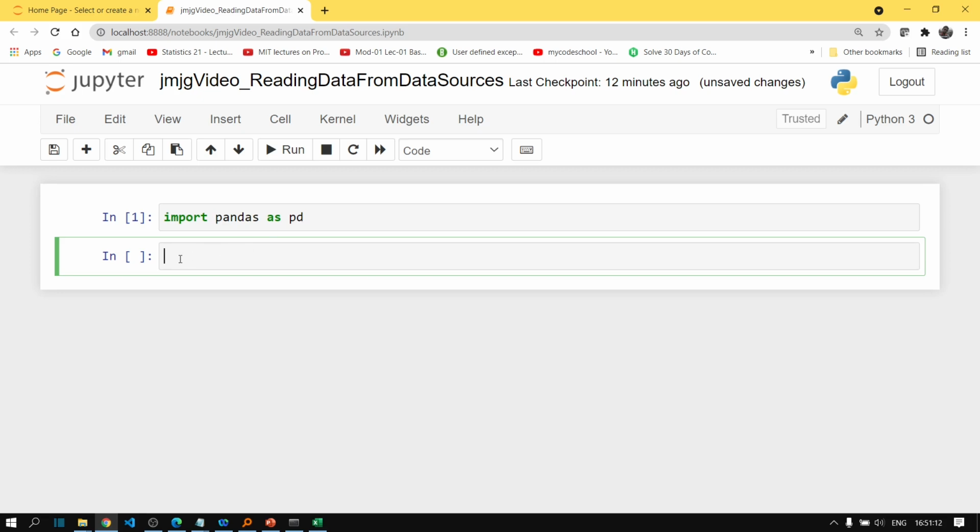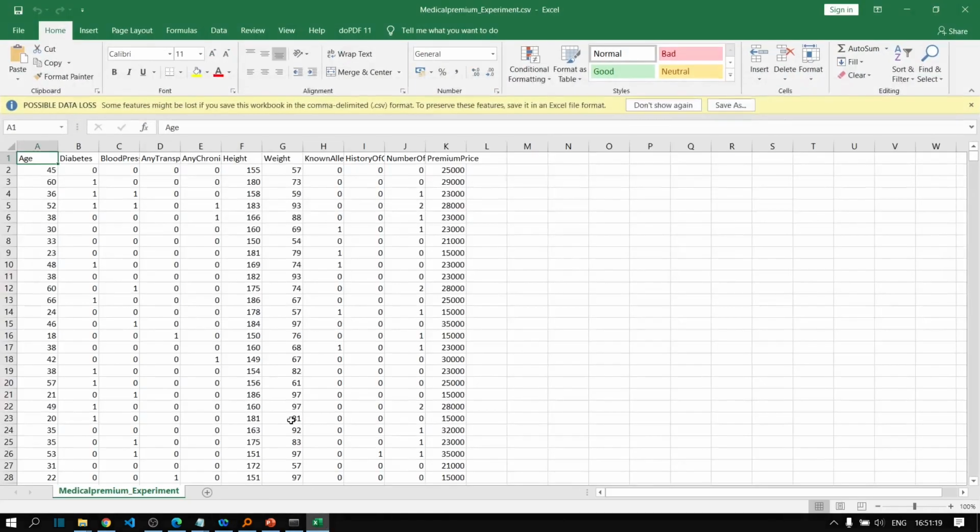Now first we will import our data from a CSV file. So this is the CSV file we have. The name of the CSV file is medicalpremium_experiment.csv.